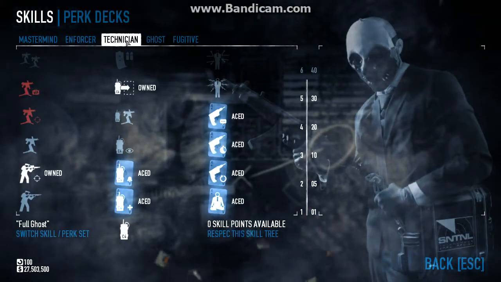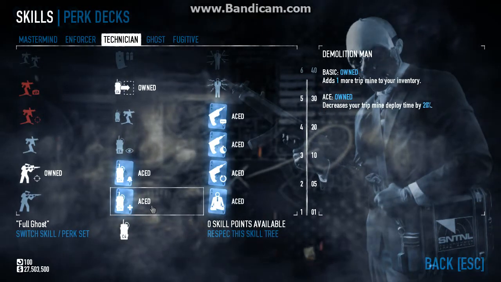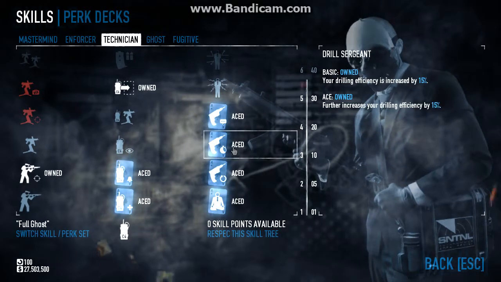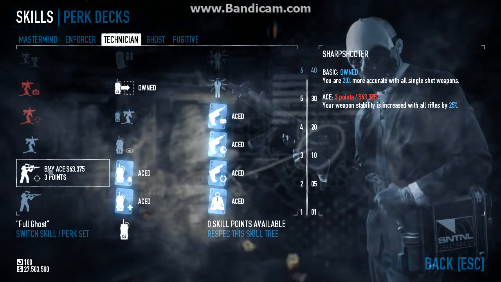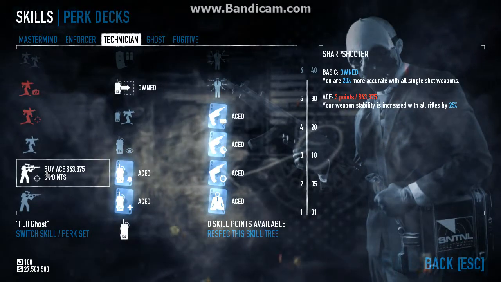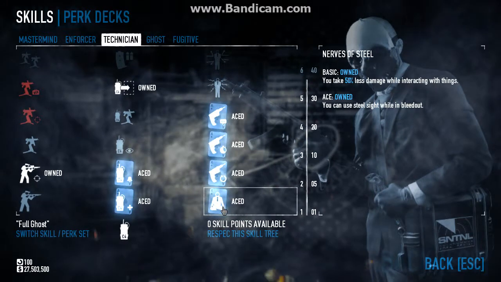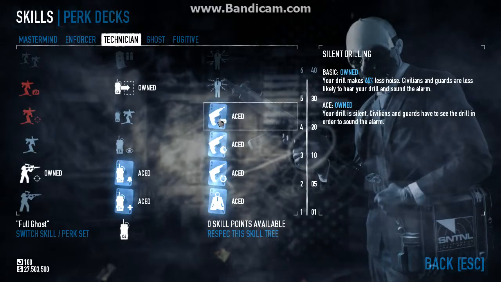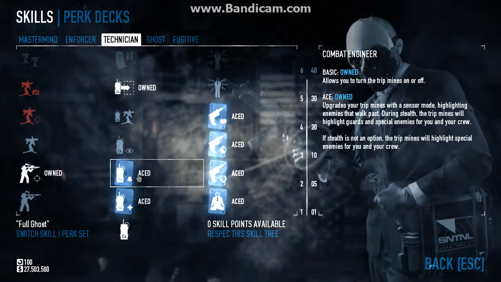Over in Technician, we have Ace Nerves of Steel, Ace Demolition Man, Ace Combat Engineer, Hardware Expert, Drill Sergeant, and Silent Drilling Ace. Basic Shaped Charge, and Sharpshooter. Originally, I used Nerves of Steel, Rifleman, and Sharpshooter to get up to Silent Drilling, but I recently changed to add in the C4